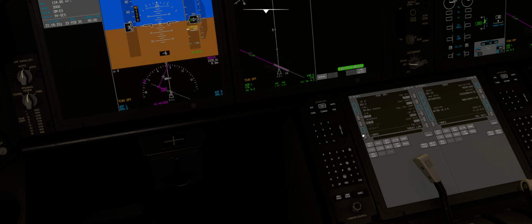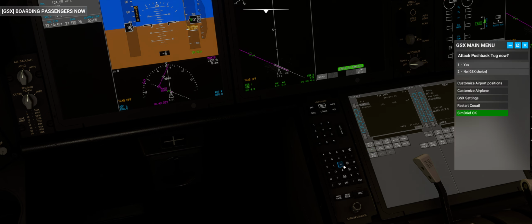Okay, cost index today will be 48. Alright, let's set a fix for